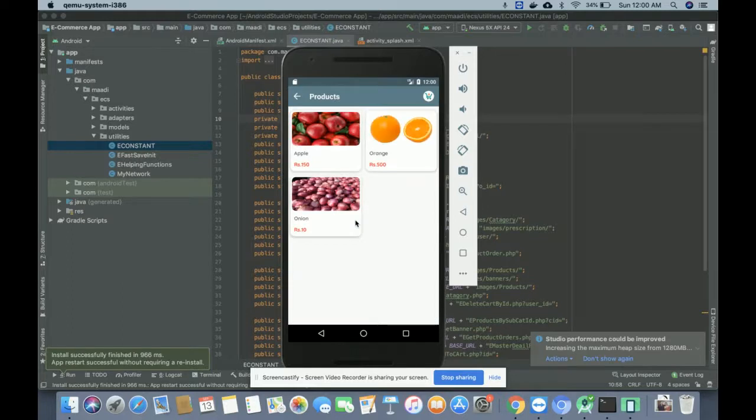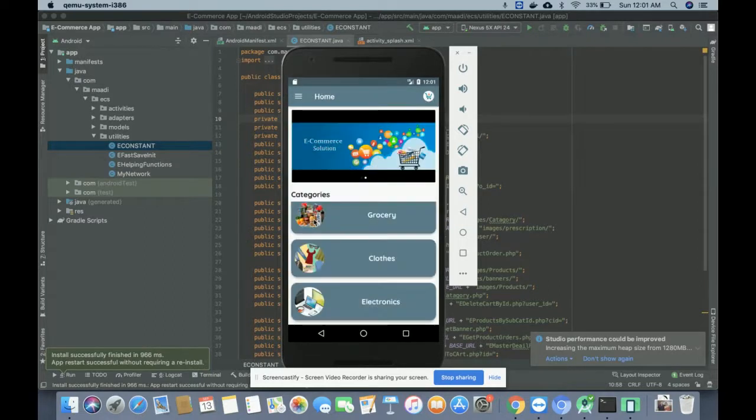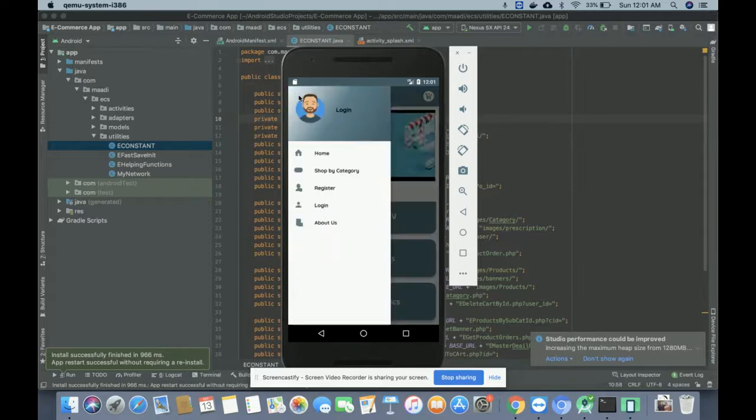All these categories are coming from the database, so we have developed an API for getting the categories, and that API has been developed in PHP, right? If I click on a category, all of the products which belong to that category will be displayed.